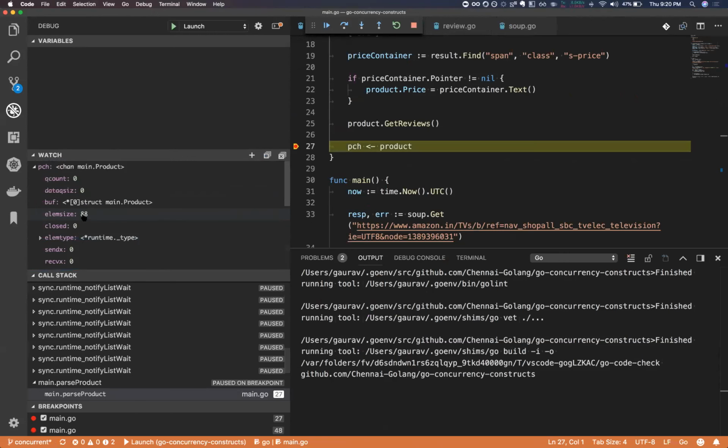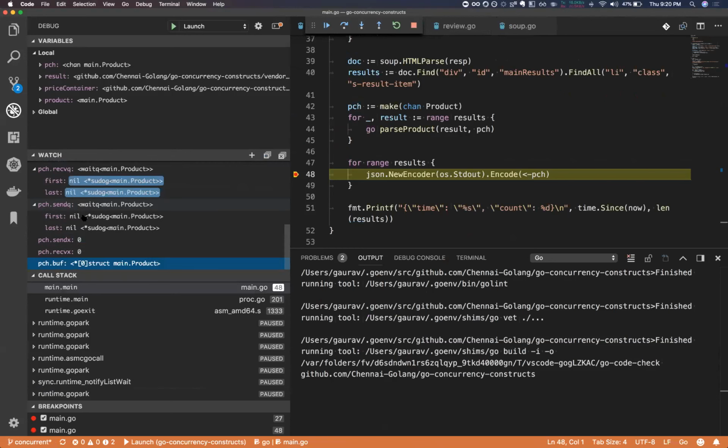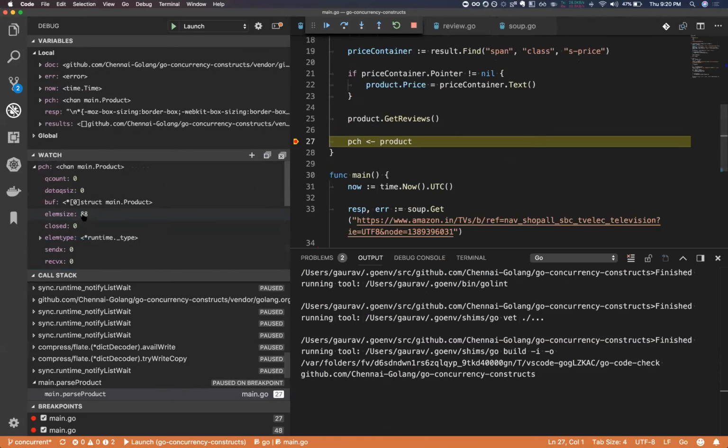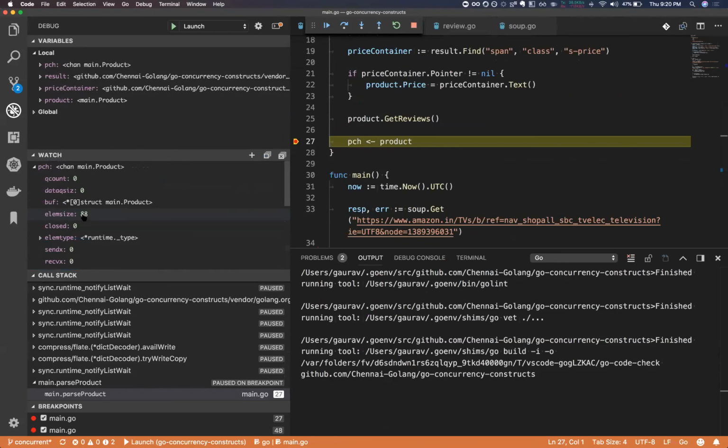So yeah, that's taken care of by the Go scheduler. The same thing happens even with the buffered channel.